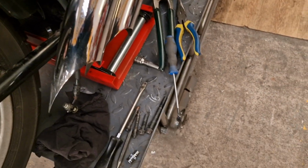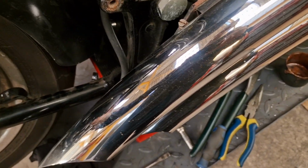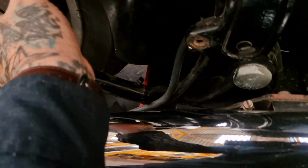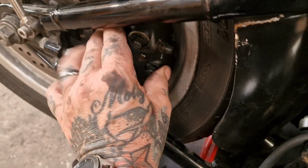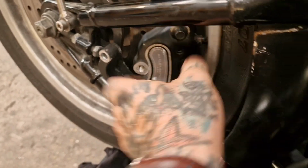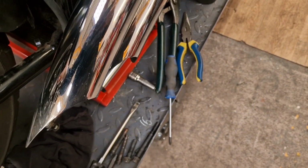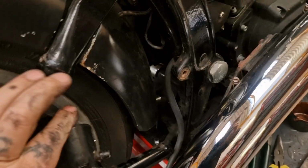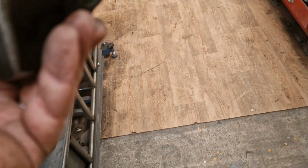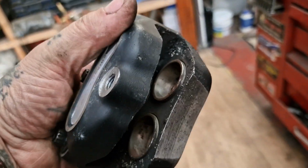And now I'm hoping there is enough wriggle room to pull the caliper out, which there is. I've just had it, but it's really awkward with one hand. So, up and out, kid. There we go. So we're going to have it on the bench,